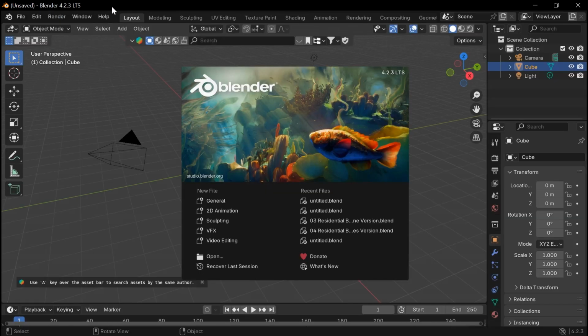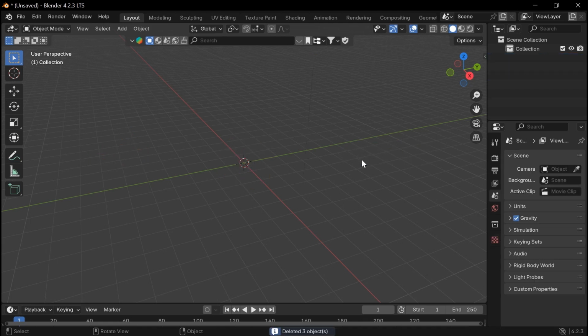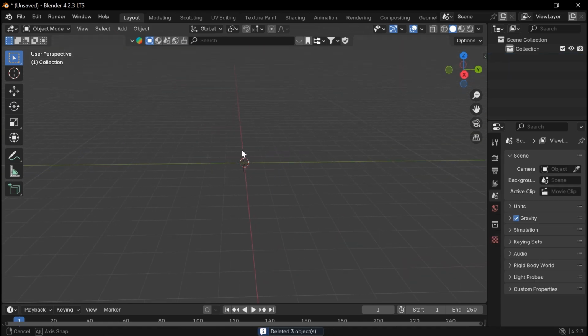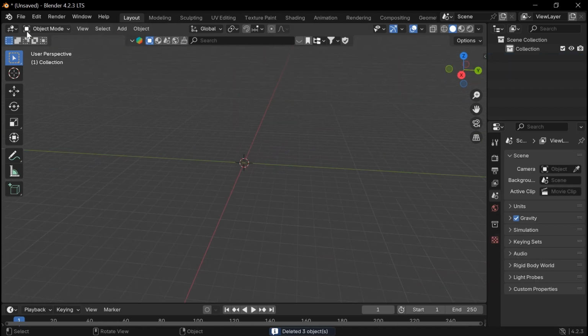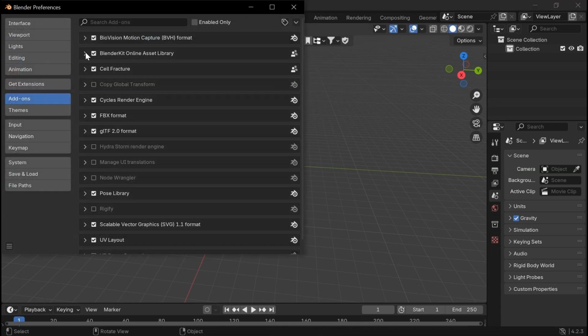I'm using Blender 4.2, the latest version of Blender, but you can use any version. First, I will select all the objects and press X to delete them. Now it's clear. Again, click on Edit, go to Preferences, and search for